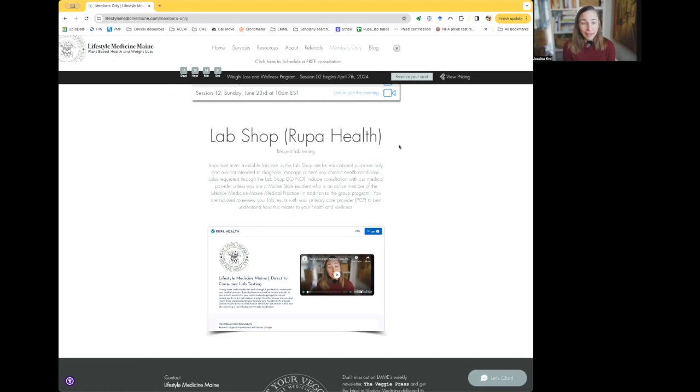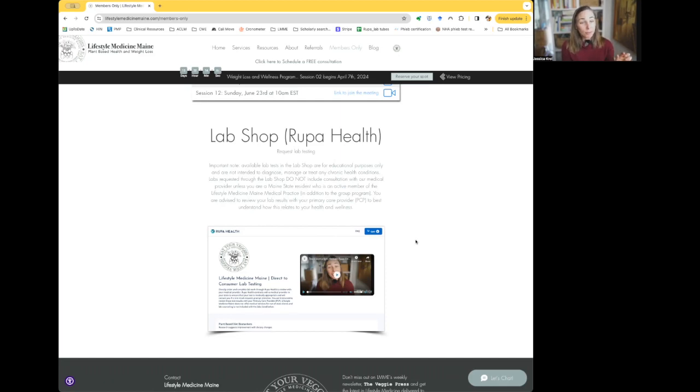And so the hardest thing with this is that if you're not a medical patient and you live outside of Maine, I can't counsel you on the results that you get. So I can make them available, and this is where you would do it. You would click on this LabShop and it will bring it up. And there's no markup on these. It's signed off by a provider other than me that's ordering them. And for your results, you will get a detailed report,